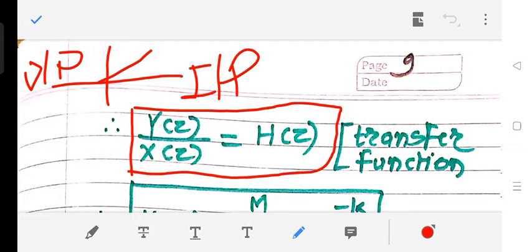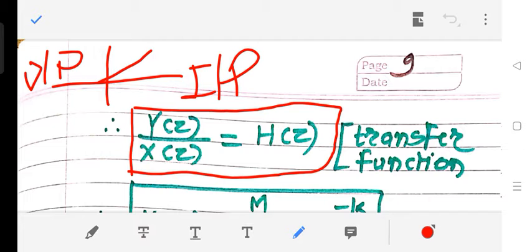So according to this, the system should behave. But if the system is non-linear, then the filter cannot be designed. And time invariant: if the filter is time variant, it means today it will behave differently, tomorrow it will behave differently, and the day after tomorrow it will behave differently. Yesterday it was one thing, today it is another thing, tomorrow another thing. We don't need such a type of filter. It should perform the filtration process as per our requirement. So that's why filters are always linear time invariant.